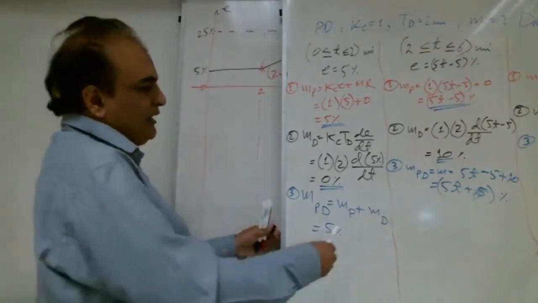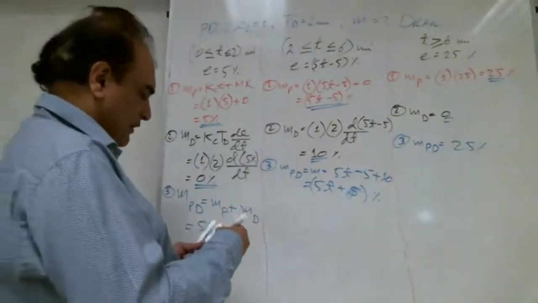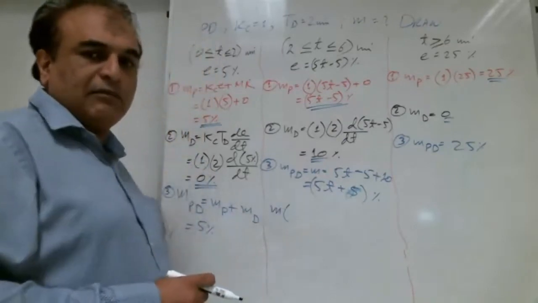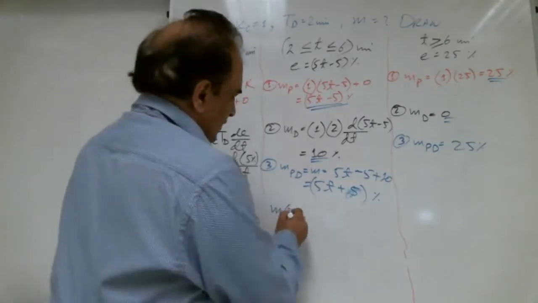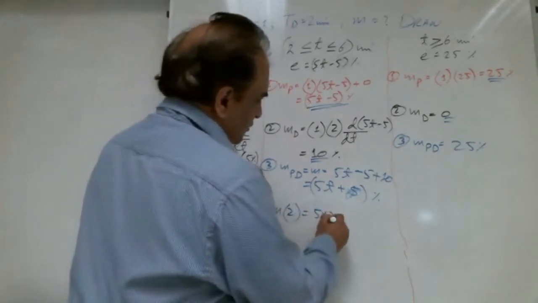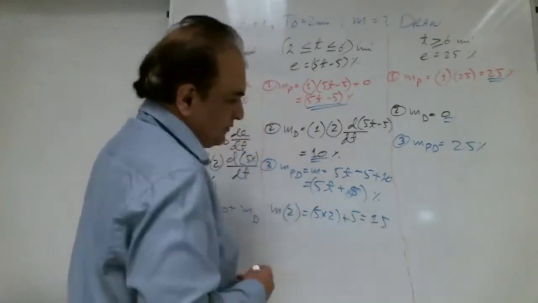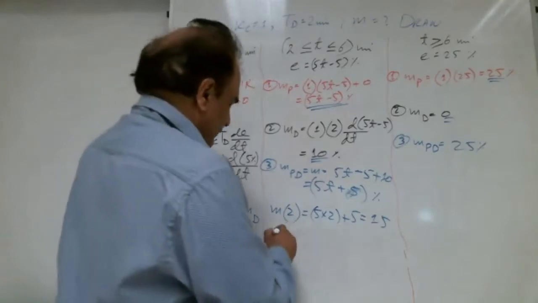Right, Shabab? Now see here, we need to calculate. Still we did not calculate here. So M of, what should we put here, Shabab? M of 2. Very good. So 5 into 2 plus 5, how much? 15%. Right, Shabab? Very good. Lot of brothers are writing 15.